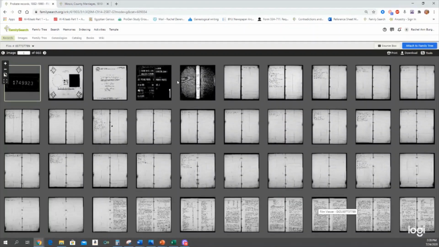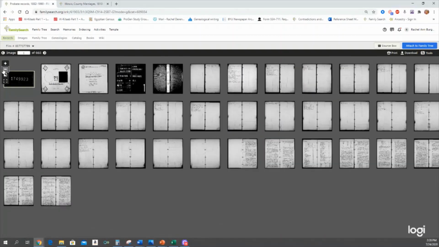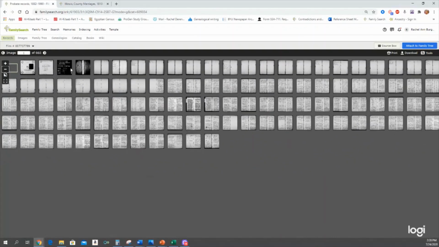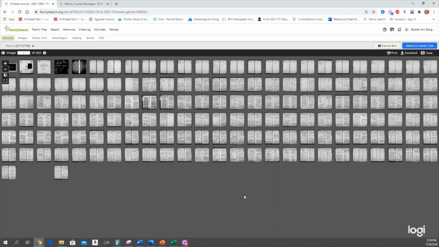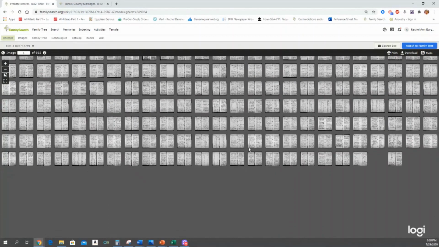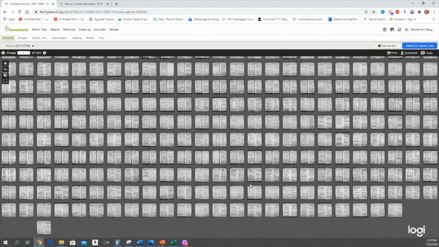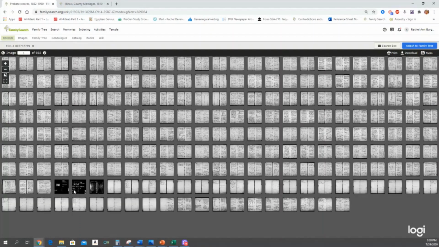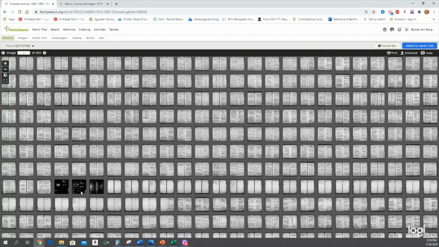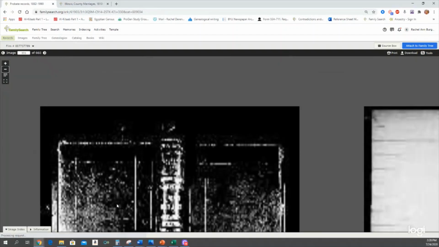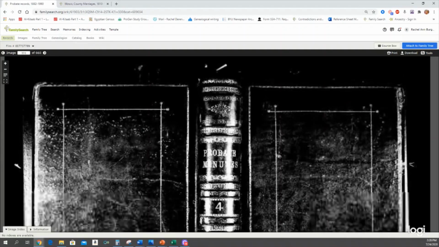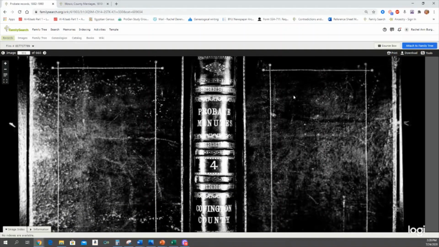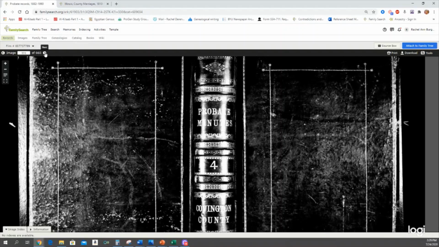Okay, so here we've got item 1. We're going to come up here and make it small again, looking for item 2. I apologize. And we're just going to make sure we've got volume 4 here. We do. And look at how cool this is. This is what you can expect to see when you go into a county clerk's office or the archives for a county. It's really, really a neat experience.